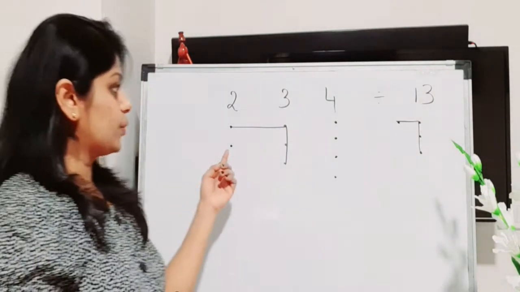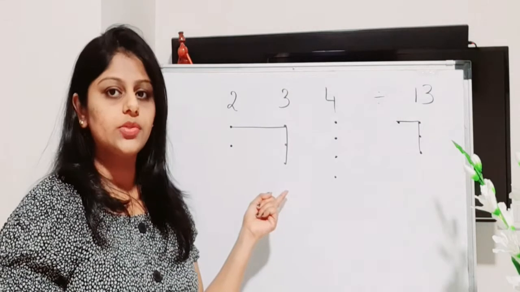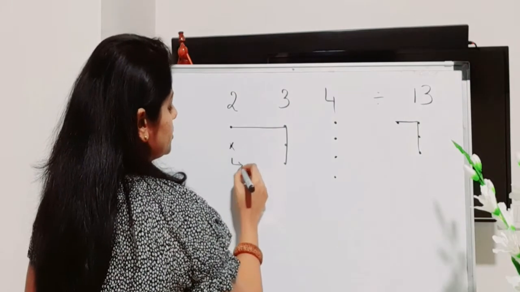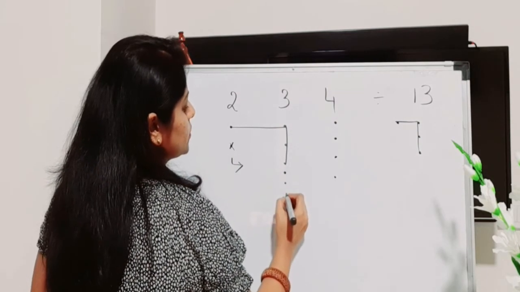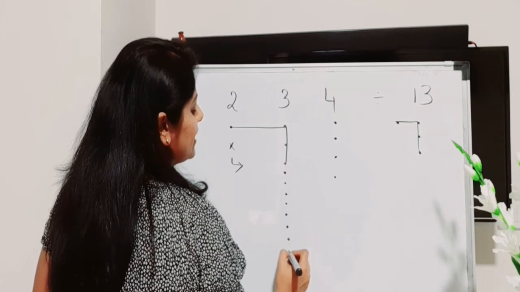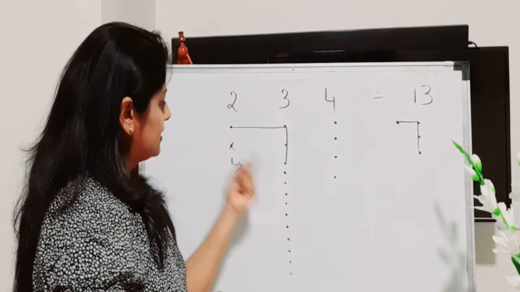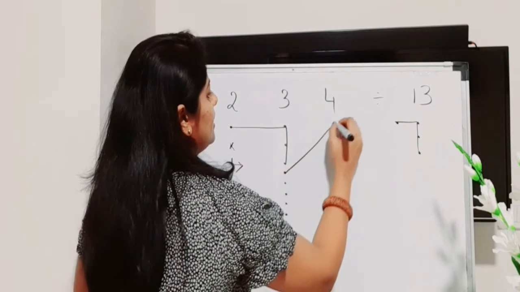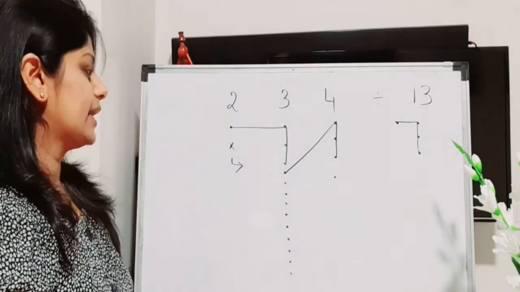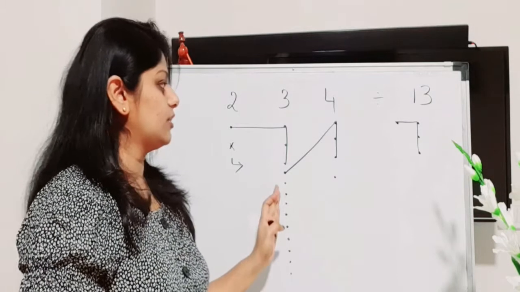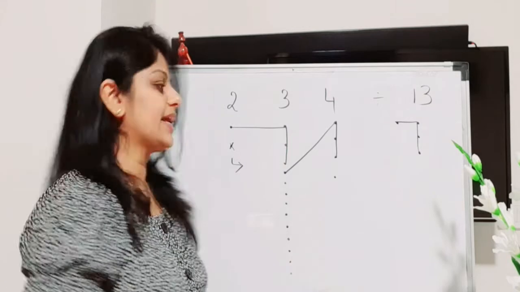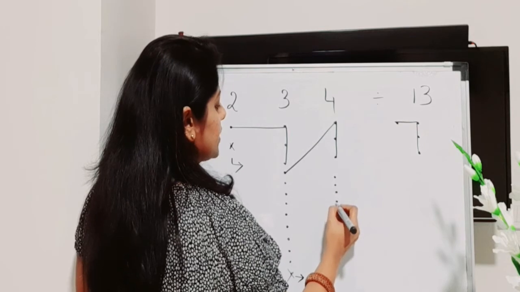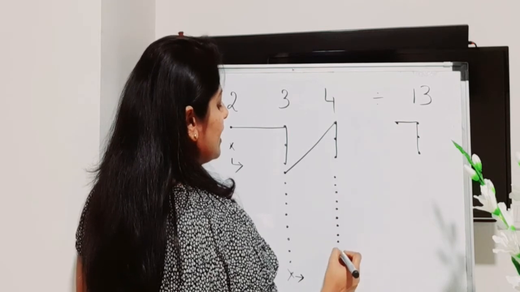Next, you can check that we have 1 dot here, but do we have 3 dots over here in the next column? No. So what we will do? We will just shift this dot from here to this side. So 1 dot means 1, 2, 3, 4, 5, 6, 7, 8, 9 and 10. Now you can see that this column all the dots are over. So now in this column, yes, we have 1 dot here and 3 dots over here. Now again that same condition came, that is we have 1 dot over here, but we don't have 3 dots in the next column. So again cancel 1 dot from here, shift it over here. So 1, 2, 3, 4, 5, 6, 7, 8, 9 and 10.